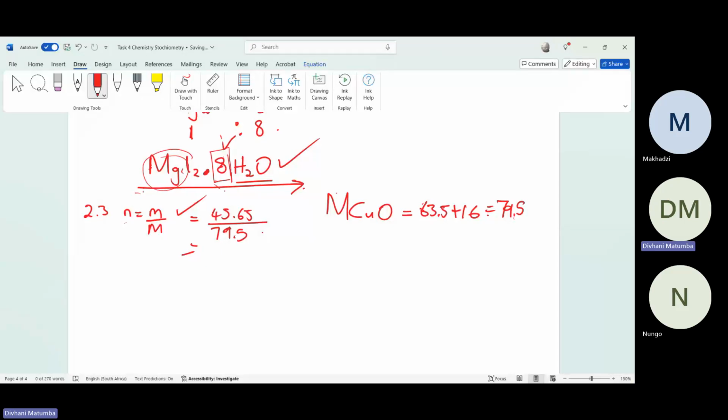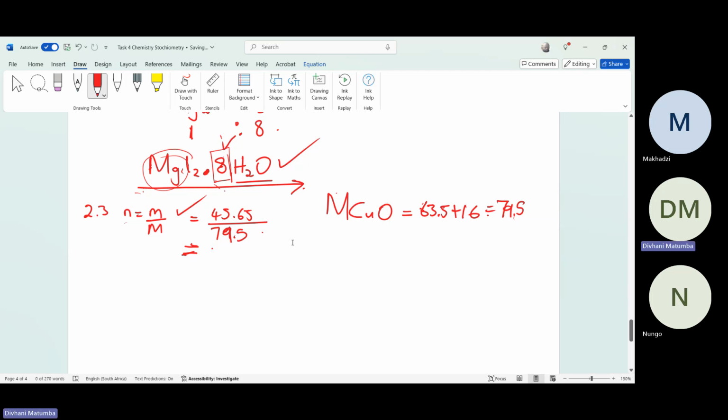45.65 divided by 79.5. How much are you getting? Can I have a minute? A minute. I will. You just have to use your calculator. Yes, I know how to divide, but